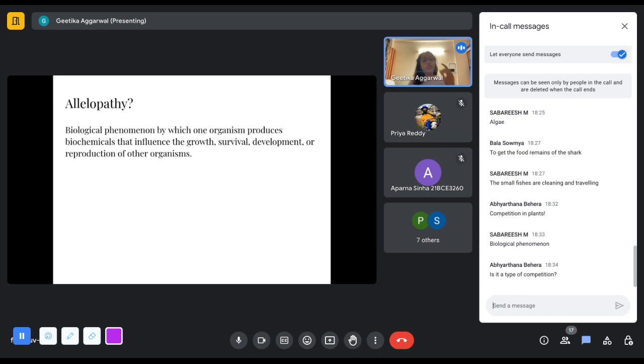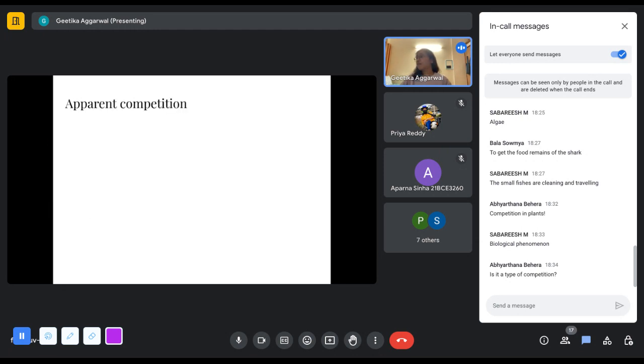But what was covered in the lecture was that it was a type of competition. So while answering the questions, I guess you should take it as a type of competition. And the example that was discussed was this one, in which the leaves of the tree that are shed contain these chemicals that prevent the growth of other species. Okay. So moving on,